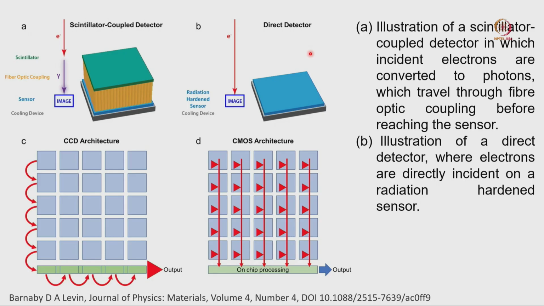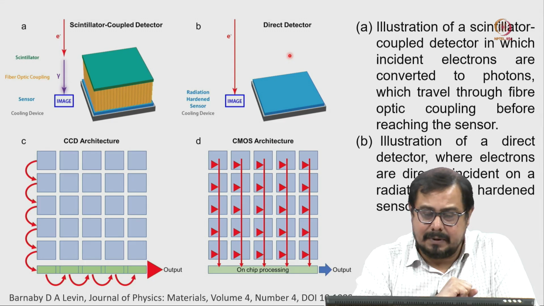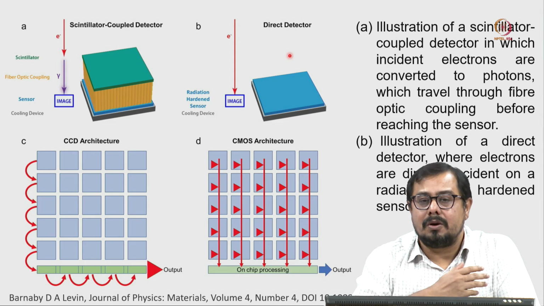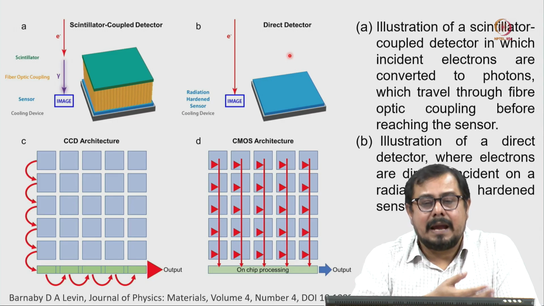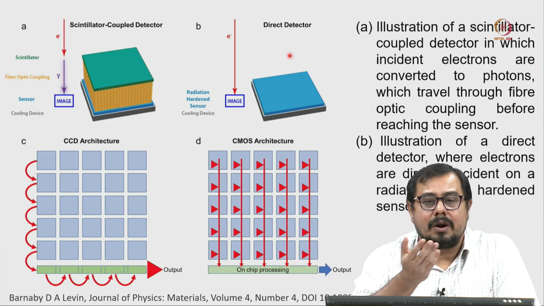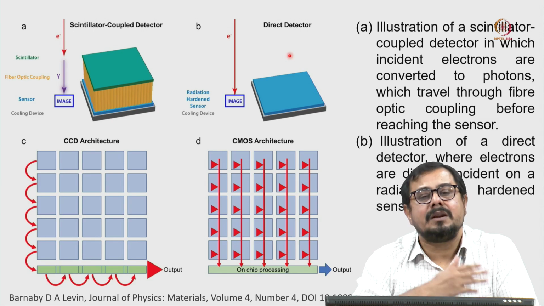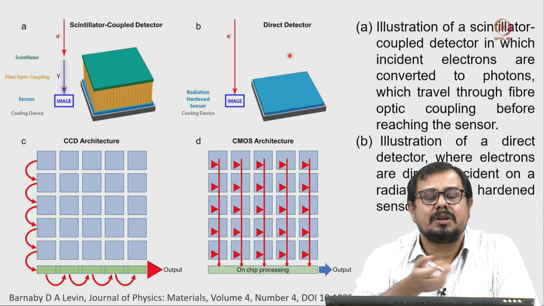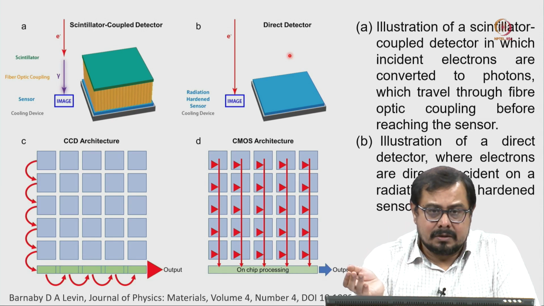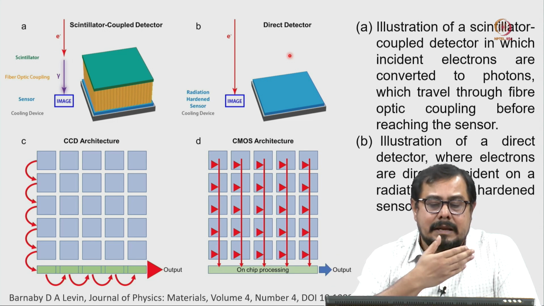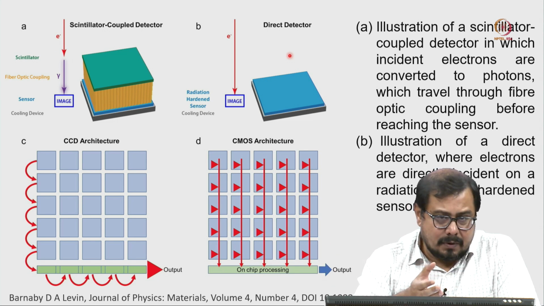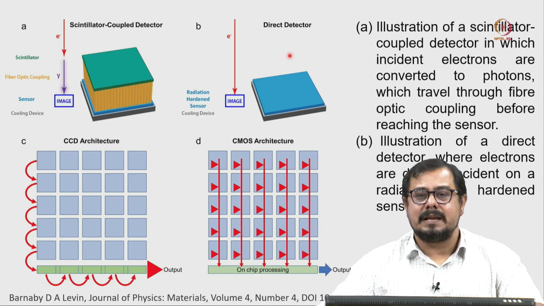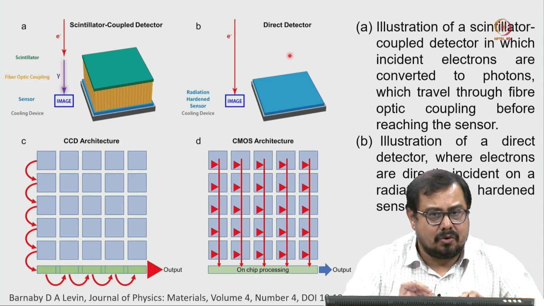On the other hand, there is the direct detector. Basically, there are three major direct electron detectors still available in the market. One is from Gatan, and it is either the K2 or K3 direct electron detector. From Thermo Fisher you have the Falcon 3 or Falcon 4, and there is another one as well. In all the cases, it is detecting the electron directly.